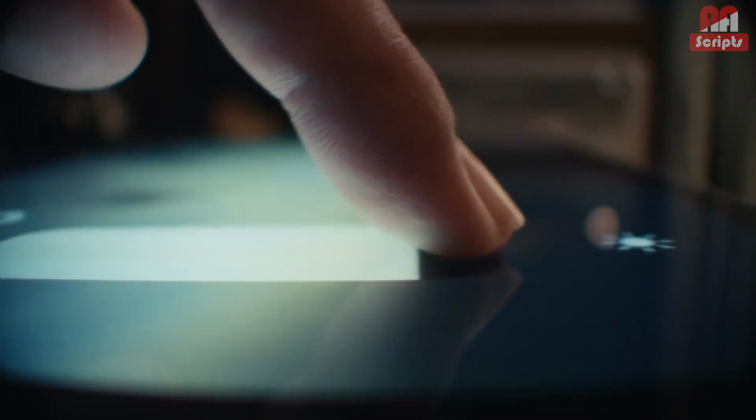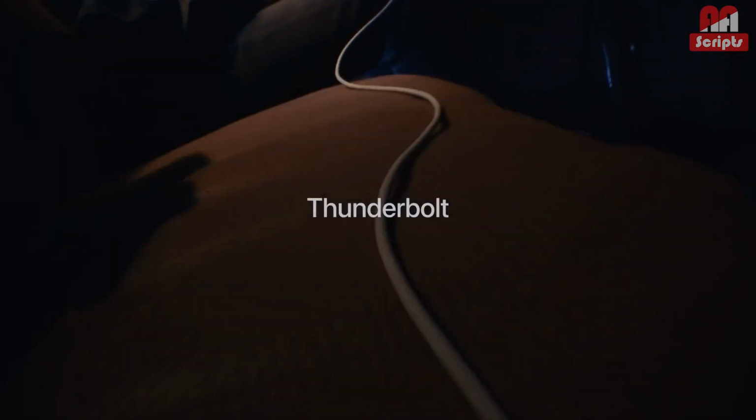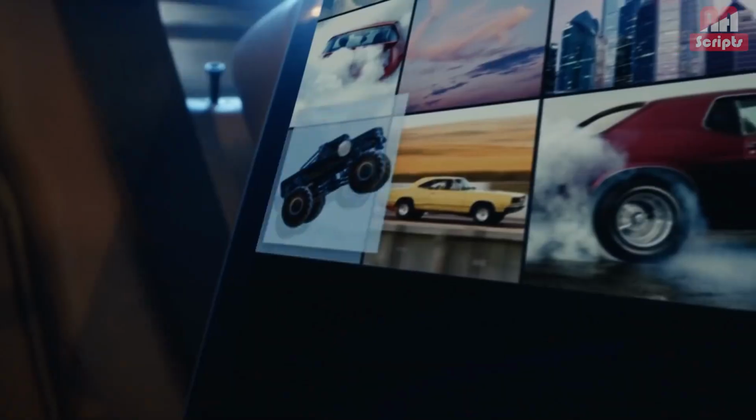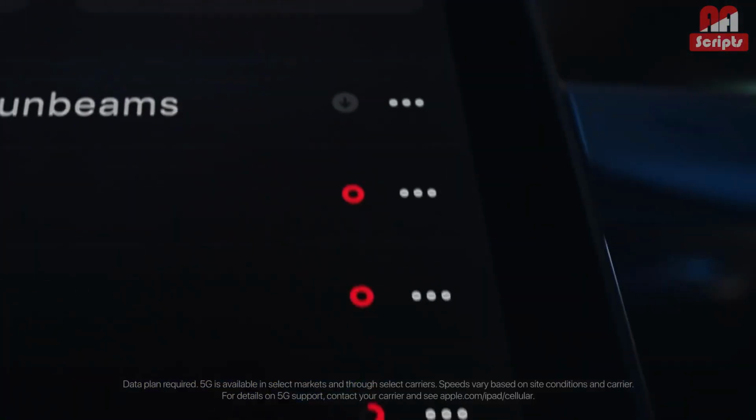With the addition of a Magic Keyboard, the iPad becomes a device that could, perhaps, replace a traditional laptop as a work tool. It's an expensive almost laptop, though. The M1 iPad Pro starts at $799 for an 11-inch model with 8GB of RAM, 128GB of storage and Wi-Fi 6, rising to